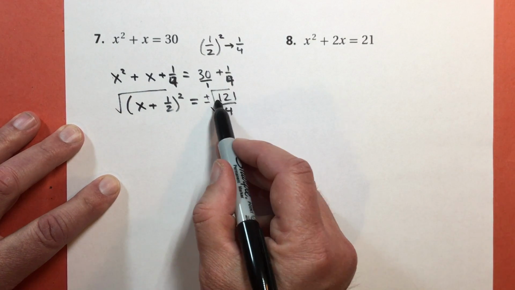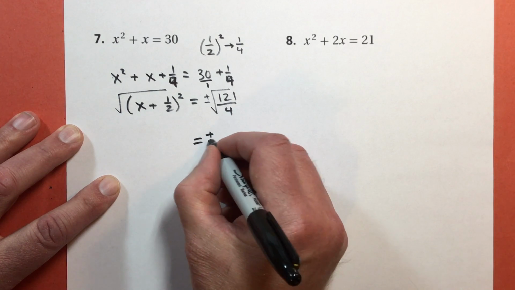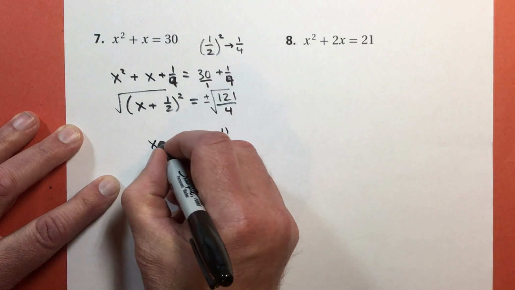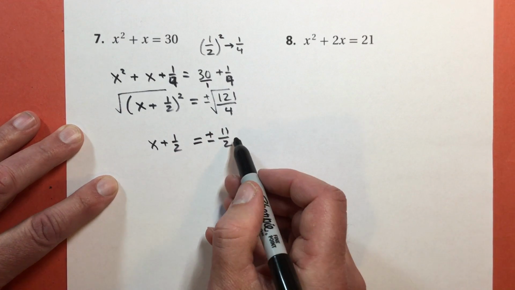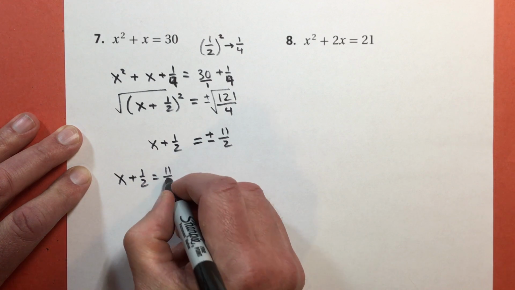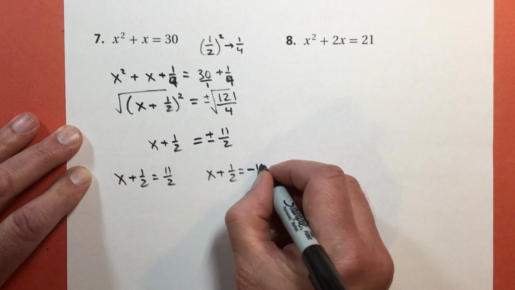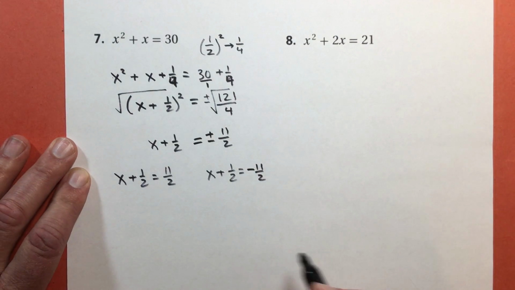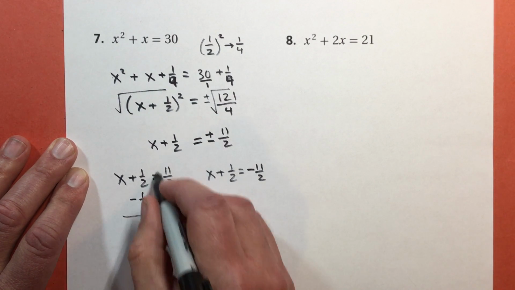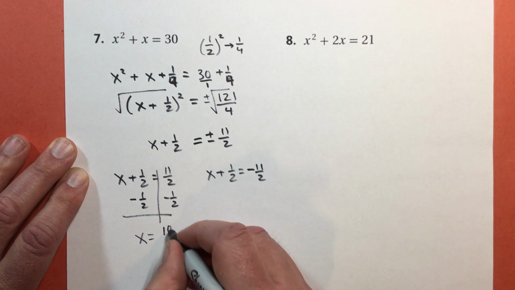and this is nice because I got 121 over 4. The square root of that is going to be 11 over 2. Okay? So I've got x plus 1/2 equals positive 11 over 2. And x plus 1/2 equals negative 11 over 2. I'm going to subtract 1/2 from both sides, and I get x equals 11, subtract 1 equals 10, and 10